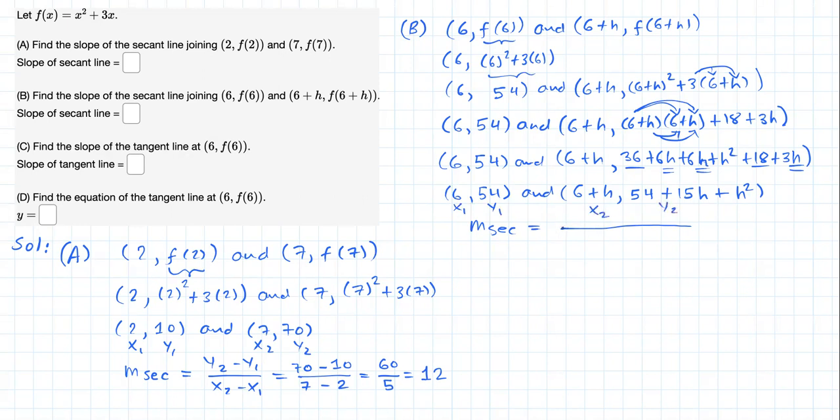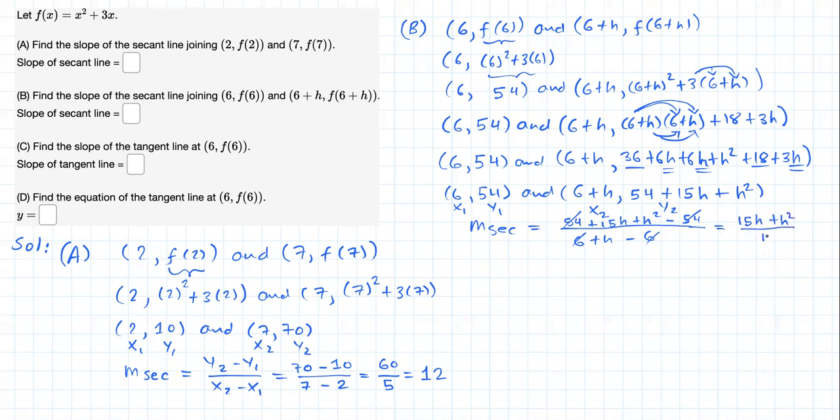We are going to take the difference between y2, which is this, and y1, which is this, over x2 minus x1, which is 6 plus h minus 6. Notice that 54 minus 54 is 0. 6 minus 6, 0. So simplifying this, I should get this expression 15h plus h squared